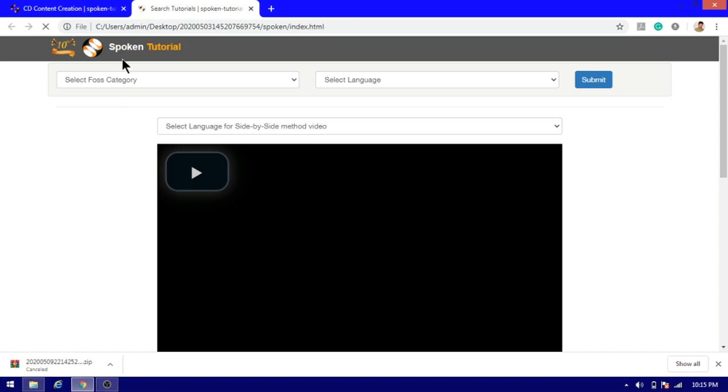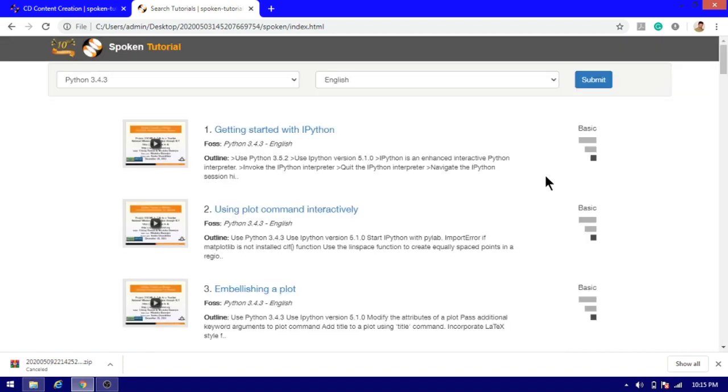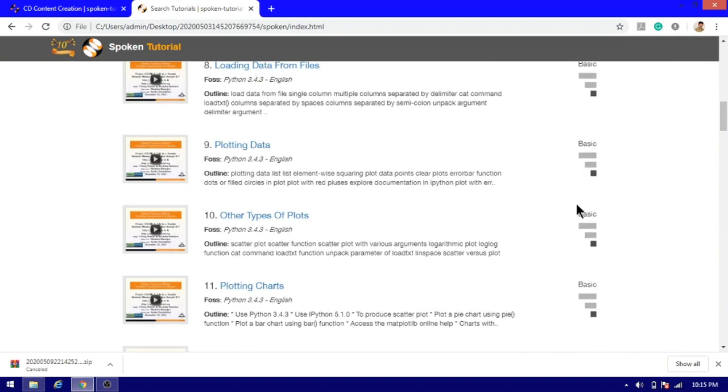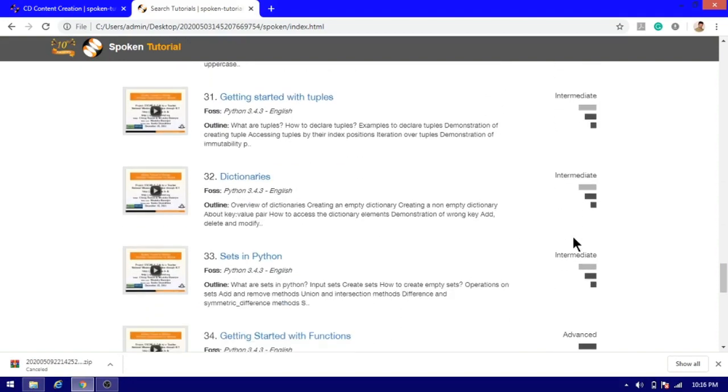Now it goes back to the same spoken tutorial website, and here you have to choose your FOSS category, that is Python 3.4.3, and your preferable language, English, and just click submit. When you click submit, you can find all the materials related to the Python 3.4.3 course, and it starts with the basic and moves on to the intermediate and then to the advanced.